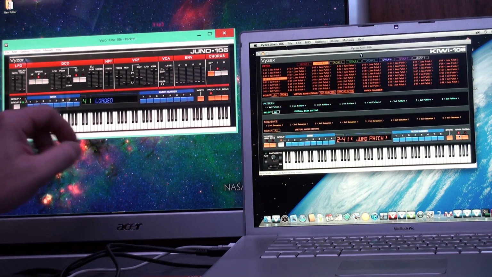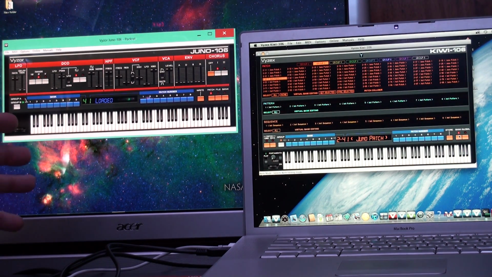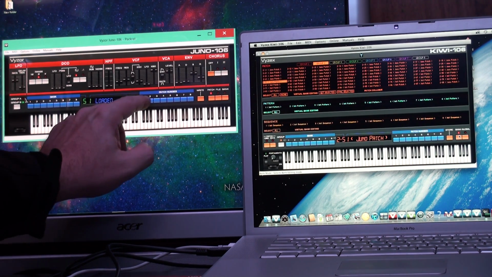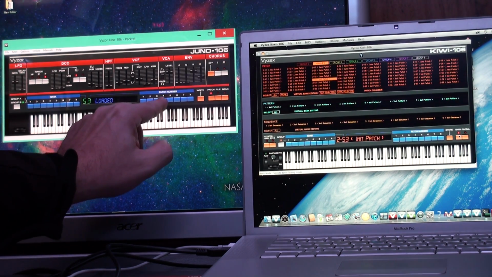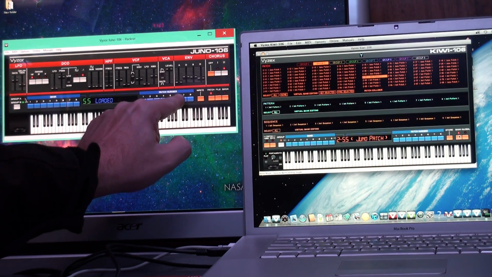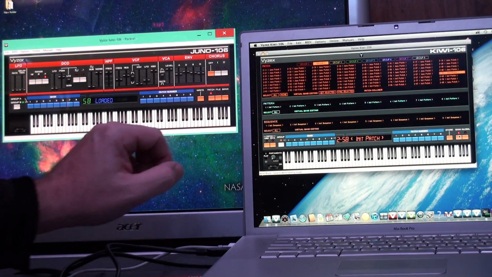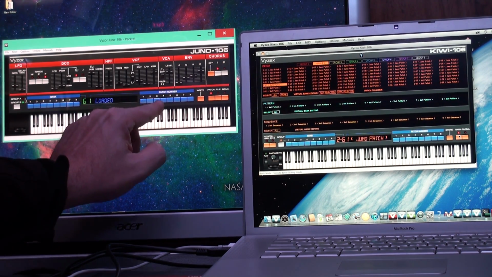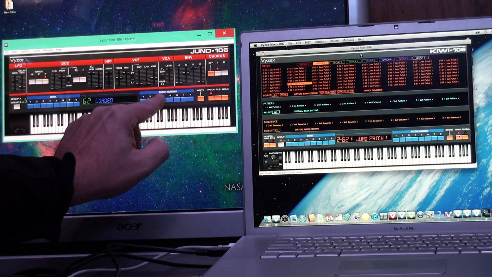You know, if the Juno 106 actually had a patch dump, like a bank dump format, then this wouldn't be so necessary. But remember, only the Kiwi 106 does that sort of magic. The Juno 106, stuck as it is in 1985, is only capable of dumping edit buffers, individual patches, and not actually